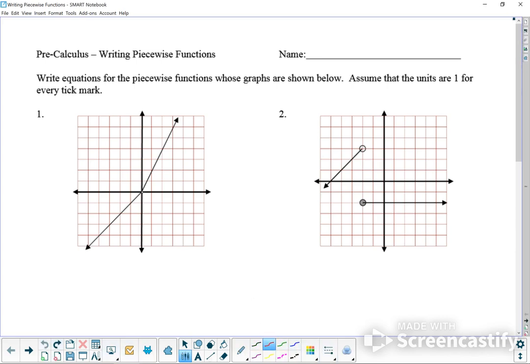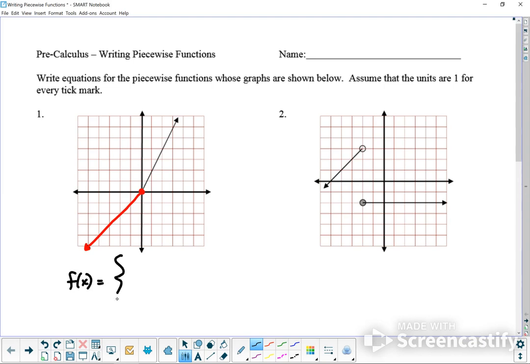So let's say this part, and you see how it connects? That means that from this side or the other side, one of them has to be solid and one of them has to be an open circle. You can pick. Okay, I'm going to go ahead and do solid first. So my function is going to be something like this. So it's f of x